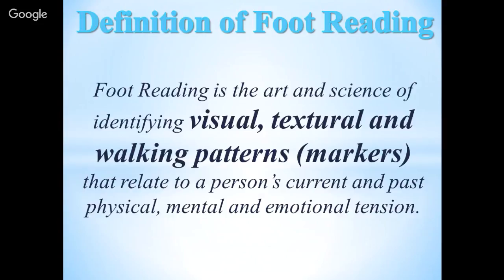And so a marker is this word that I throw around, and it basically means anything out of the norm that gives us a clue as far as things to relay or aspects of the foot that are talking to us. It's like X marks the spot. So patches of dryness would be markers, curled toes would be markers, but also textural things like I had mentioned,